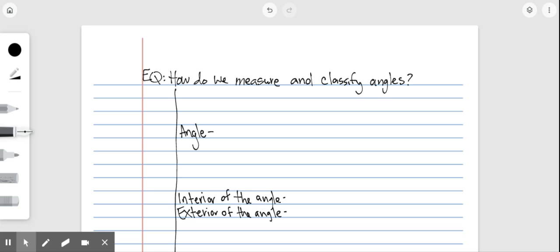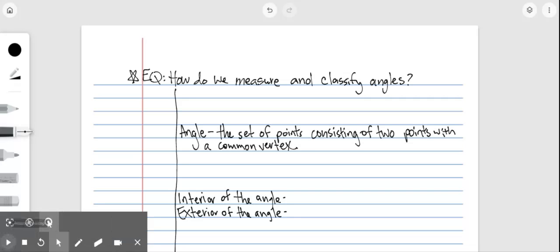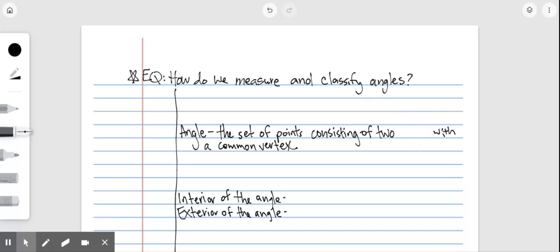All right, so today we're going to talk about angles, an introduction to angles. So my essential question is, how do we measure and classify angles? So the first thing we're going to do is we're going to write a little definition of an angle, which is the set of all points consisting of two rays with a common